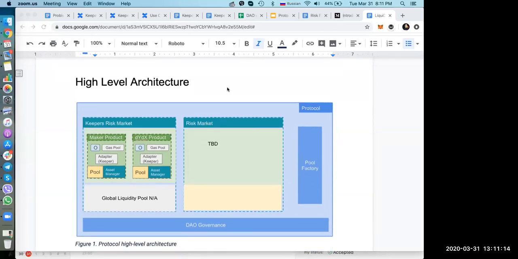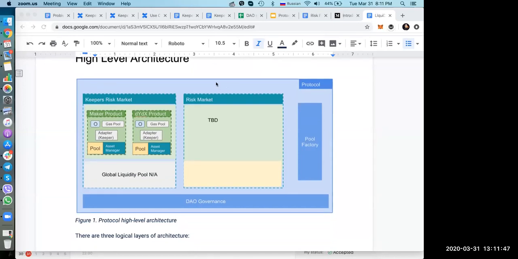Okay. These 2 weeks, we actively communicated with the community members, with the DAO community. We started with gathering feedback, gathering the pains of the community, and we tried to convert these pains into product requirements, and the architecture can actually solve a lot of problems. And we came up with this 3-layered architecture.